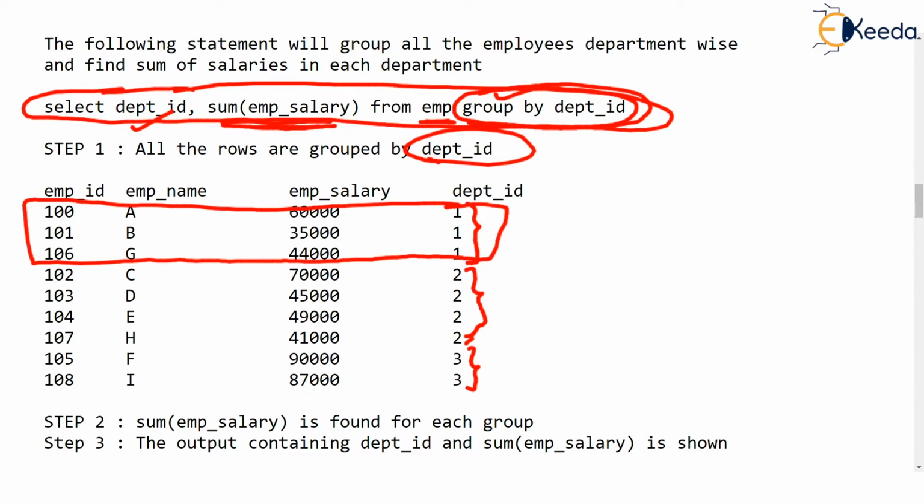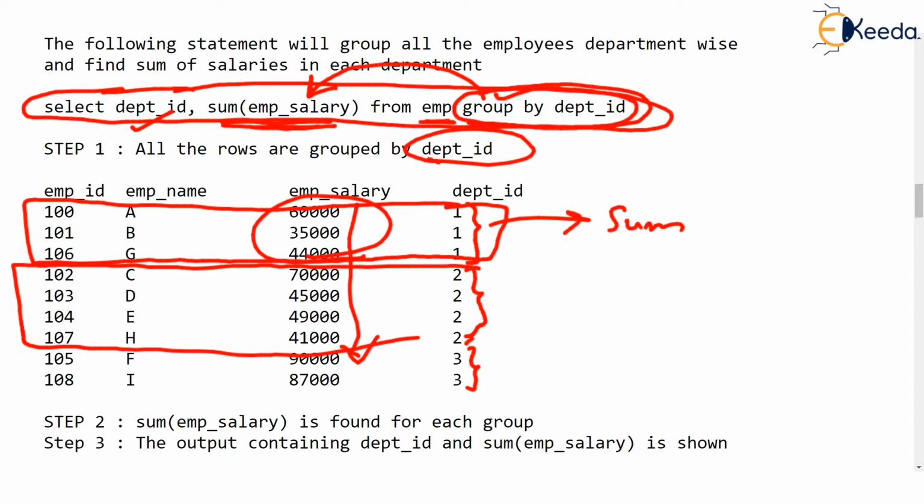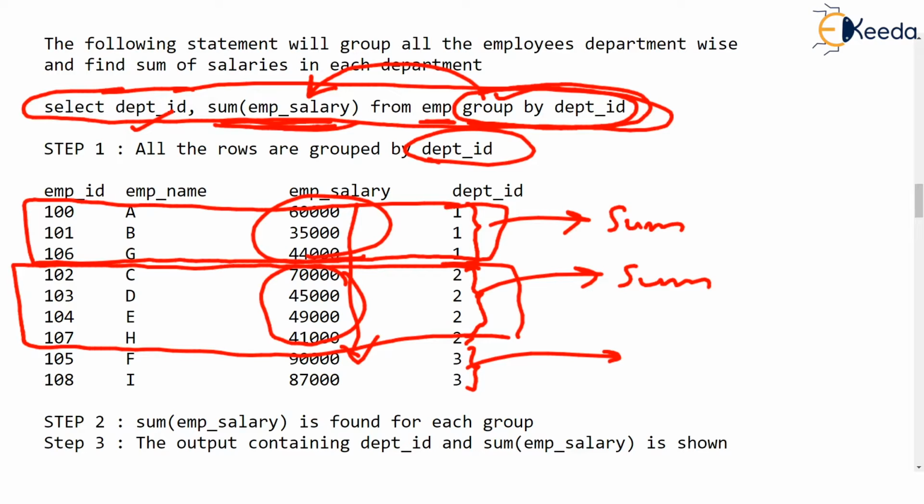This sum won't be found for all the EMP salaries together, but for this group there will be a sum found, for this second group there will be another sum found, and the same applies for the third group. So this aggregate function, sum of salary, works for each group, correct?